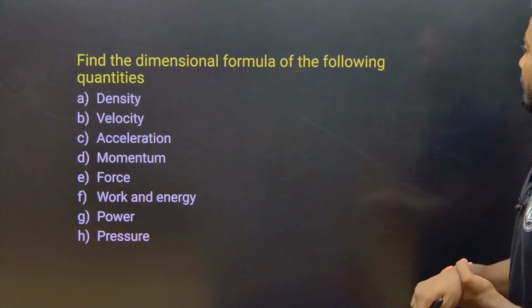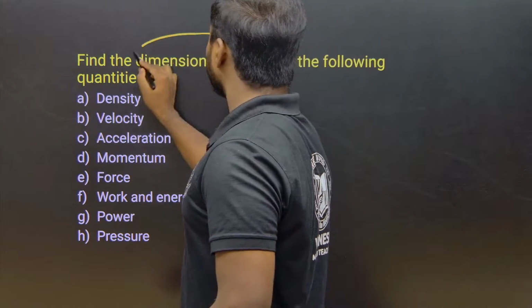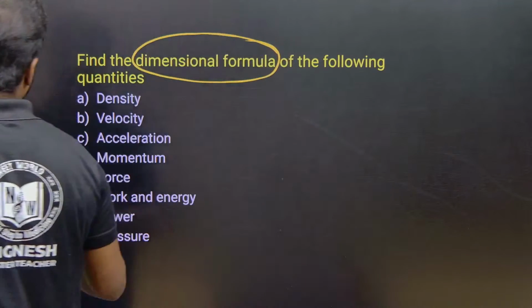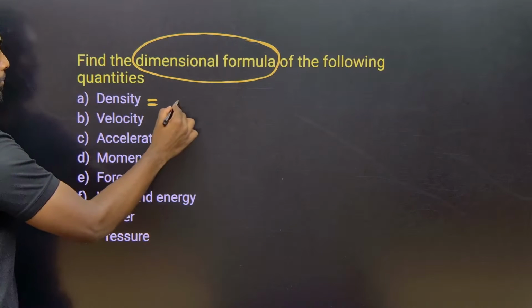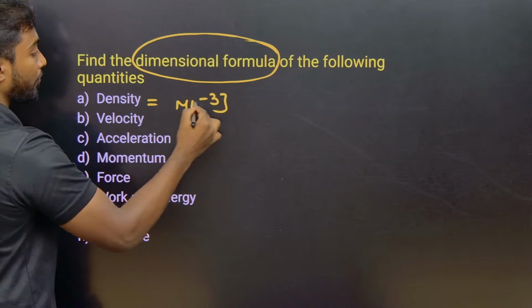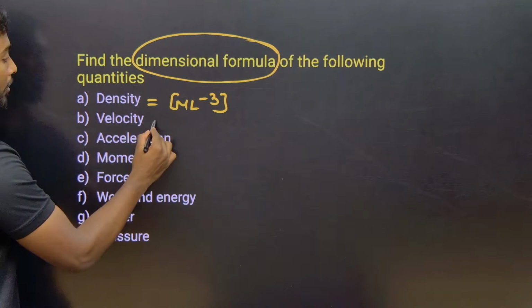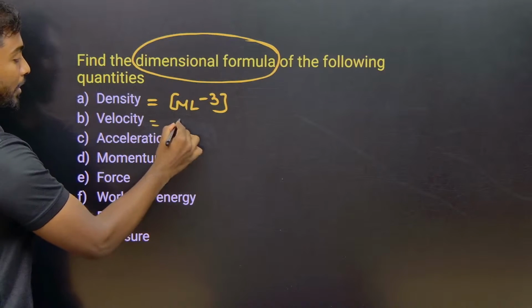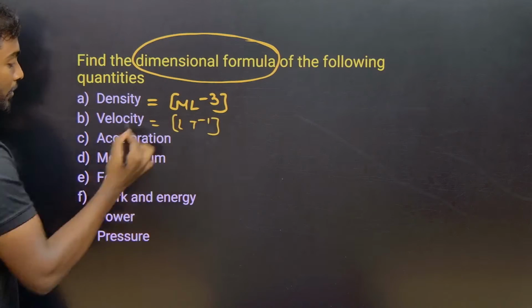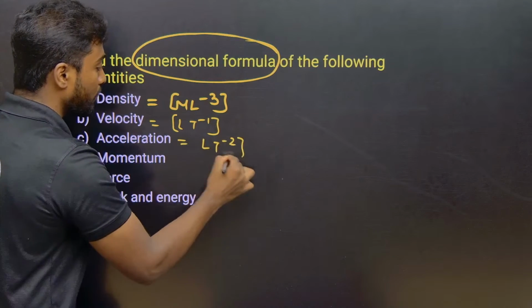So can you give the answer for the questions? Dimensional formula for density: M L cube, sir. Density is mass by volume, M L power minus 3. Next one, velocity, L T power minus 1, and then acceleration, L T power minus 2,